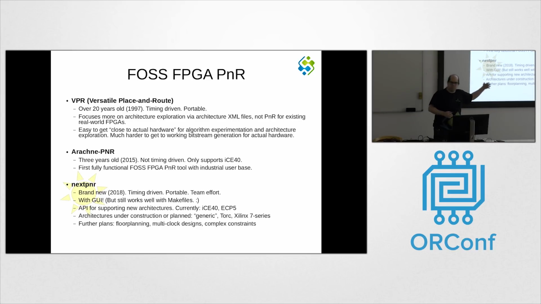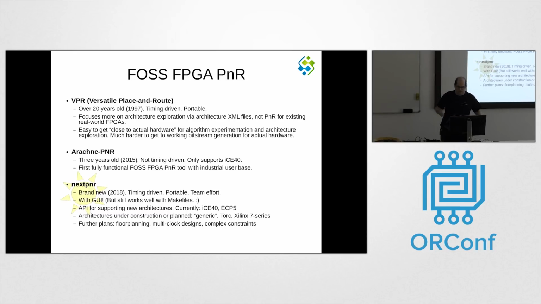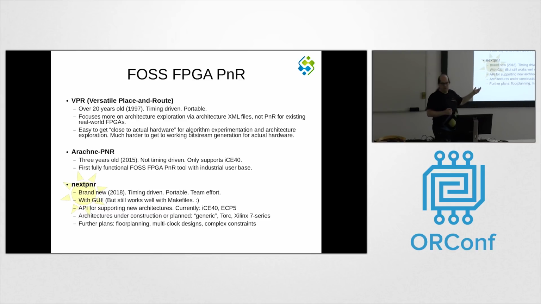It has good, stable, timing-driven algorithms. It's pretty portable from one architecture to another. All you need to do is write an architecture XML file describing the target architecture. And this makes it very interesting for stuff like architecture exploration, because it's very easy to change things in your architecture. But at the same time, it's not really the best solution for doing place and route for actually existing